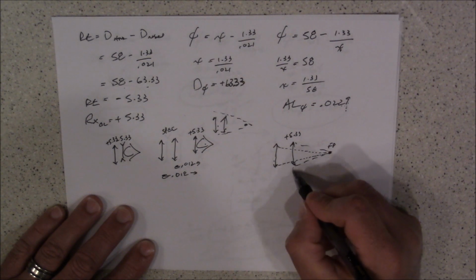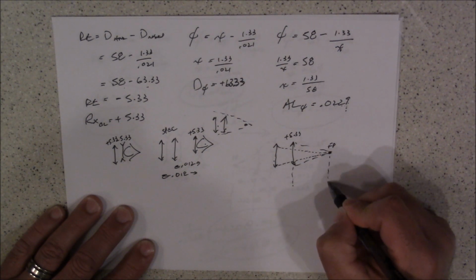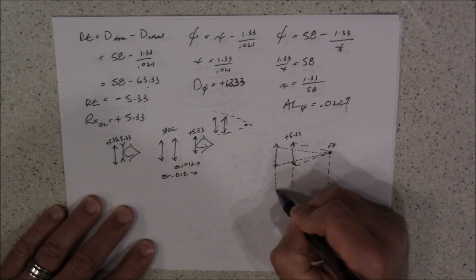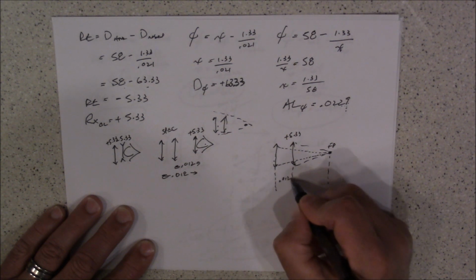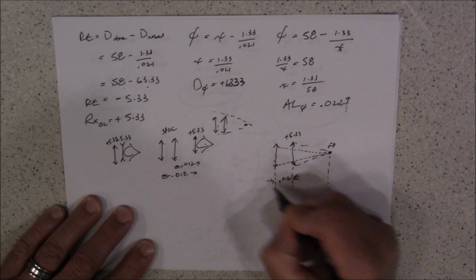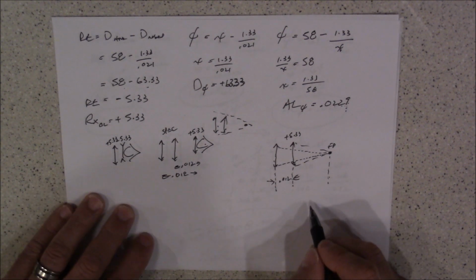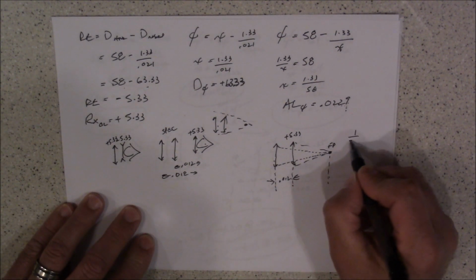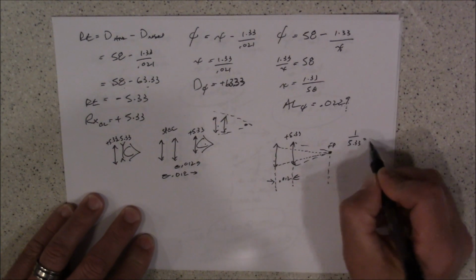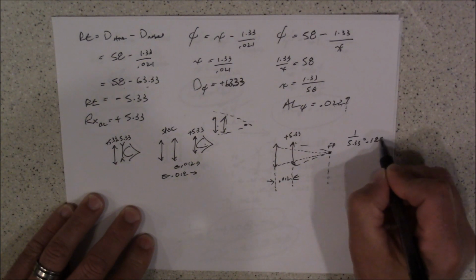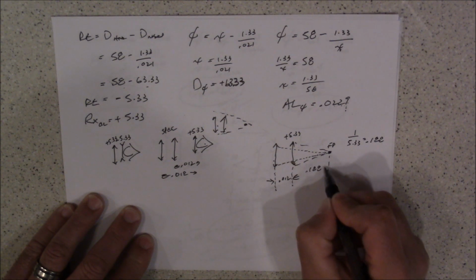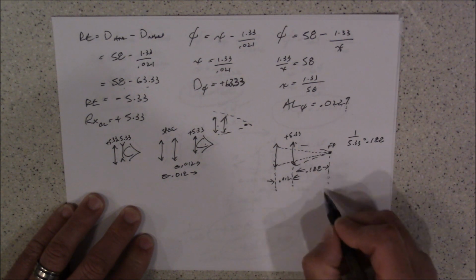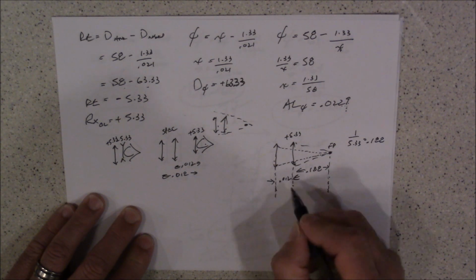All right, so I need to know the distance between here and here, and I need to know the distance between here and here. I know this, I'm moving it out 12 millimeters, that's from here to here, and I need to know the distance from here to here. How am I going to find that? I'm going to take the inverse of my 5.33, and that's going to give me 0.188. So the distance between here and here is 0.188 from here to here,